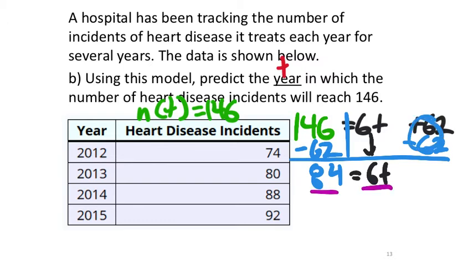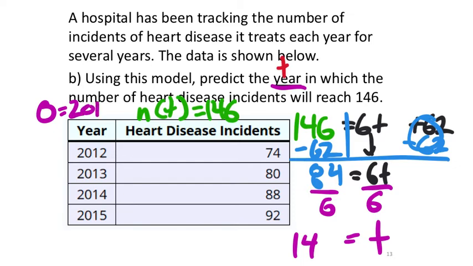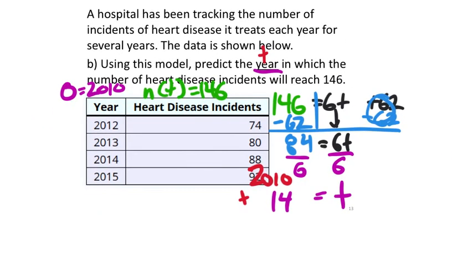Last thing is just divide both sides by 6 to get just t. So the amount of time it appears would be 14. Now, t is 14. It did ask what year this would be. It wouldn't be year 14 either, by the way, because remember, year 0 was 2010. So it's really 14 years after 2010. So you could just take that 2010 and add it to 14. Then you would have your answer for the exact year, or approximately, which should be